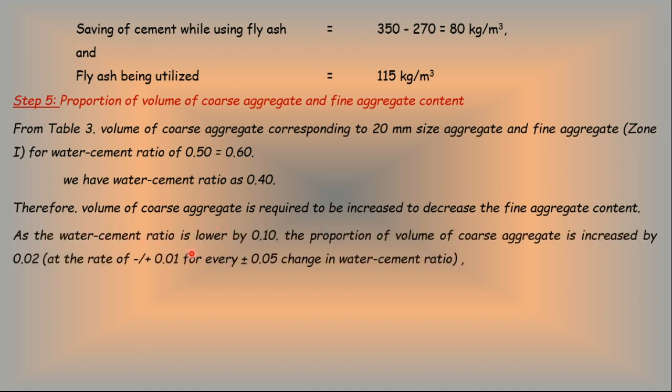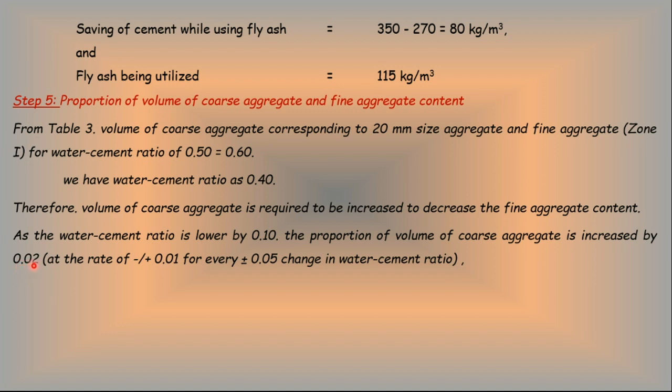As the water cement ratio is lower, from 0.5 we are lowering it to 0.4. The difference between 0.5 and 0.4 is lowered by 0.1. The proportion of volume of coarse aggregate is increased by